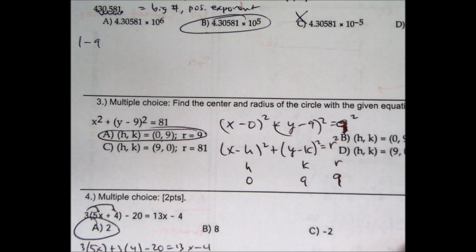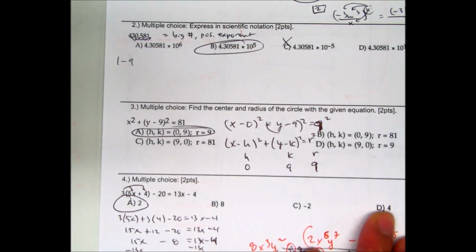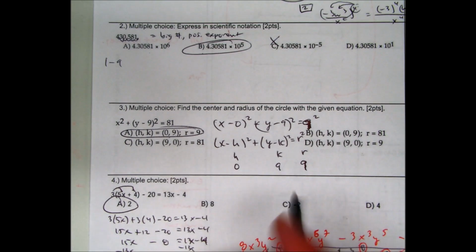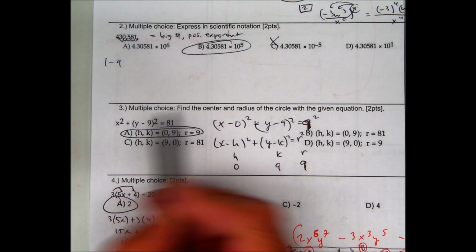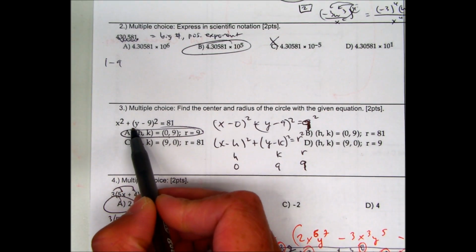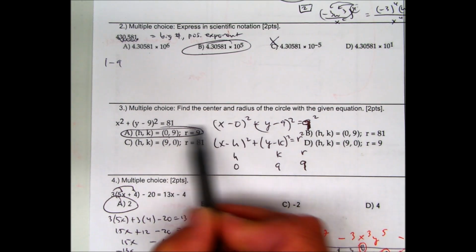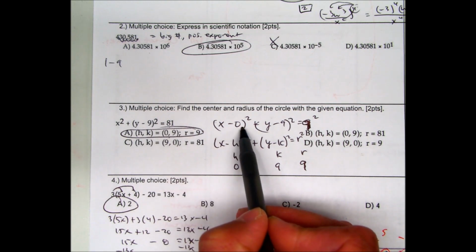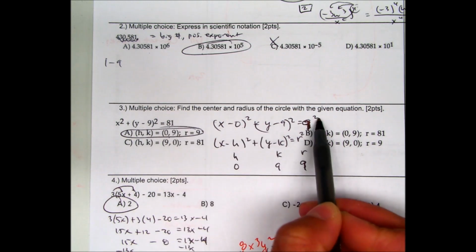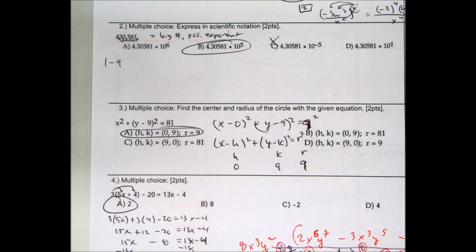Question number 3. Multiple choice, find the center and radius of the circle with the given equation. Here's my equation, x squared plus y minus 9 squared equals 81. I'm going to write that with parentheses, so if you have no parentheses, you can add it with a 0. And then the 81 I'm going to write as 9 squared. The reason why I do this is so that I can easily identify